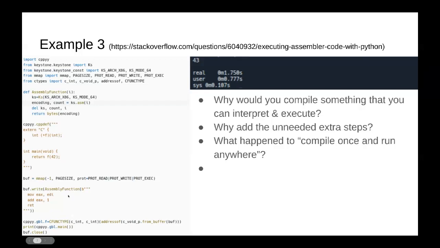So, why are we optimizing things that we don't need to optimize?